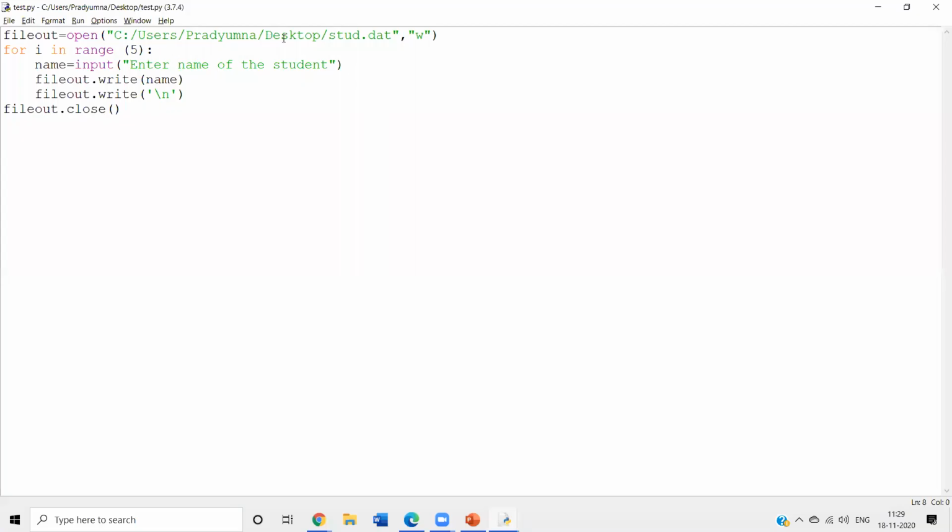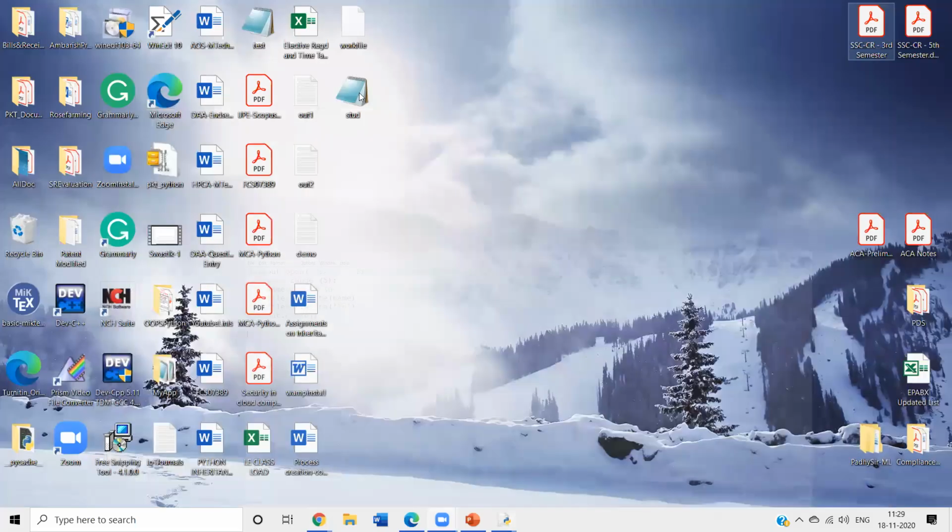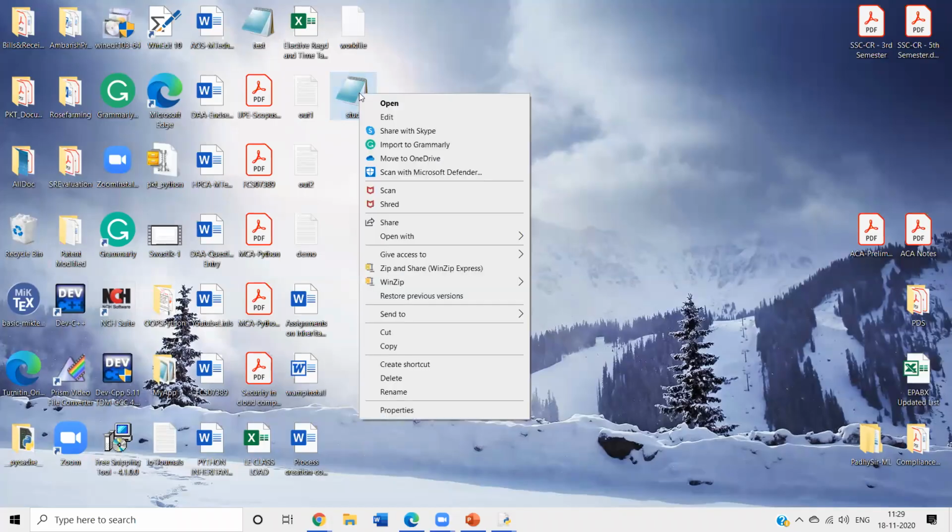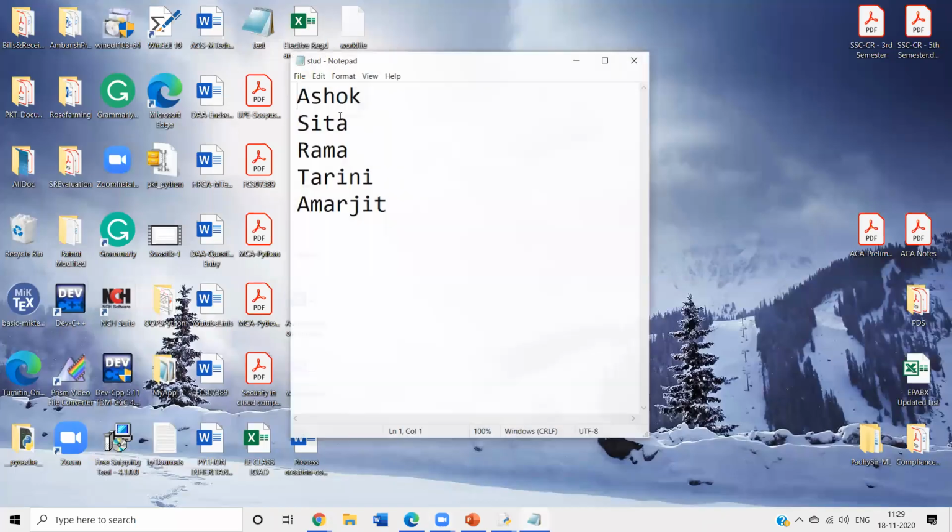File is on the desktop. So on the desktop, this file is created now, right? We'll check whether those contents are being written or not. I just open it and check, yes, data is being written, correct? So this is one of the simplest ways of writing into the file. Simplest way of writing, just open the file in write mode, input the content to the